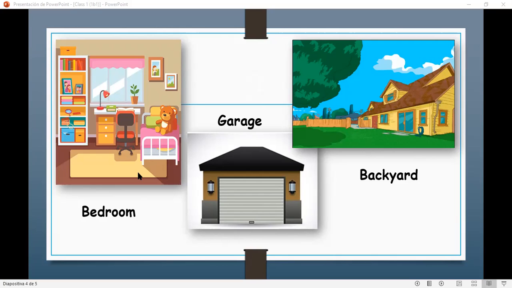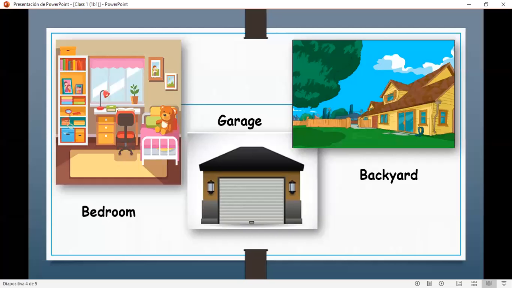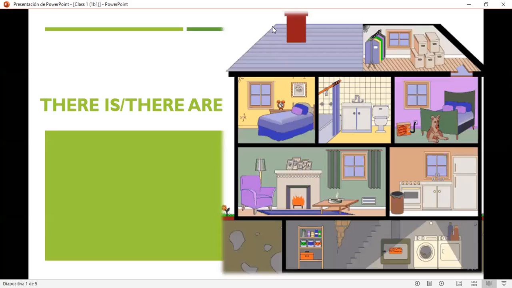So now let's make a practice. Now, how do we use in this case there is and there are? We use there is and there are to describe what things or what objects you have in your house. For example, in my house,